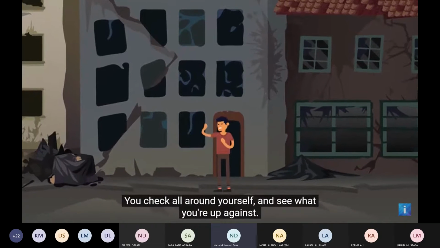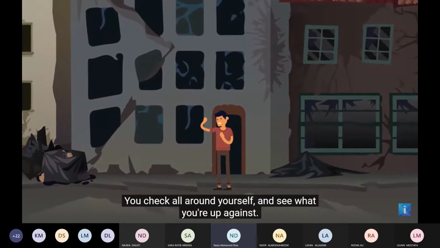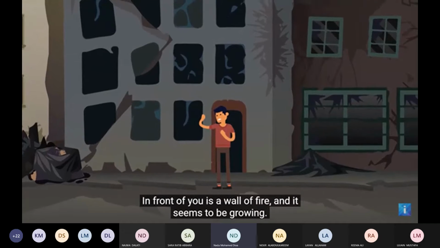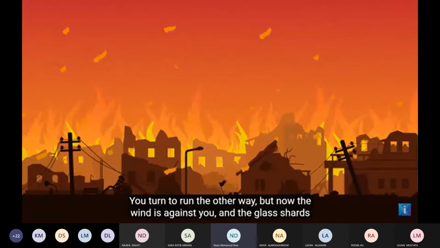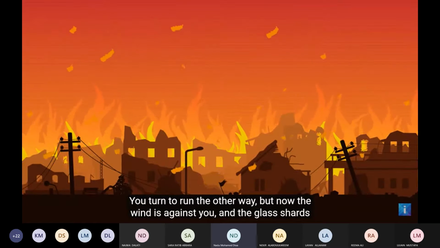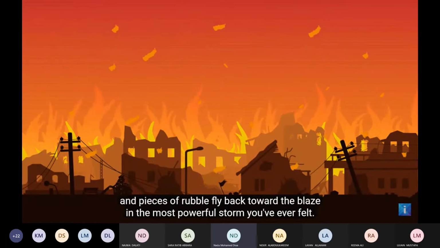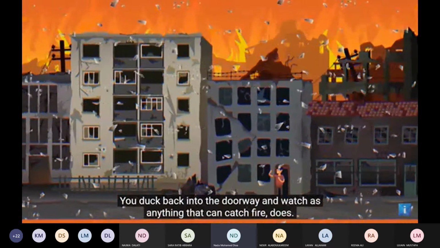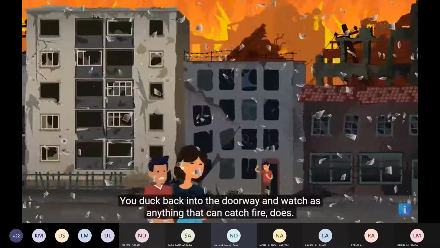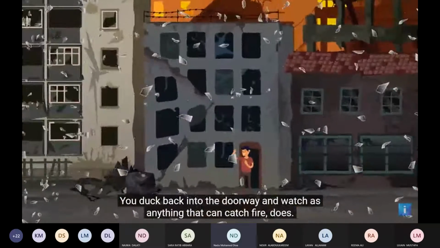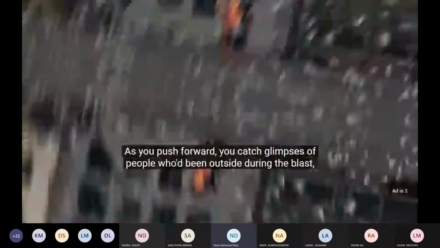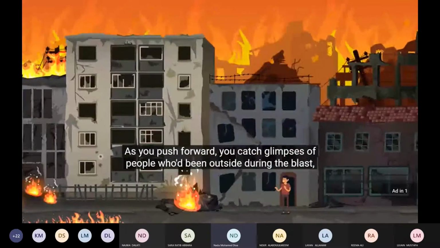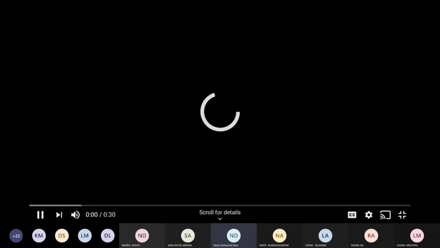You check all around yourself and see what you're up against. In front of you is a wall of fire, and it seems to be growing. You turn to run the other way, but now the wind is against you, and the glass shards and pieces of rubble fly back toward the blaze in the most powerful storm you've ever felt. You duck back into the doorway and watch as anything that can catch fire does. Somehow you'll have to fight the tremendous windstorm. As you push forward, you catch glimpses of people who've been outside